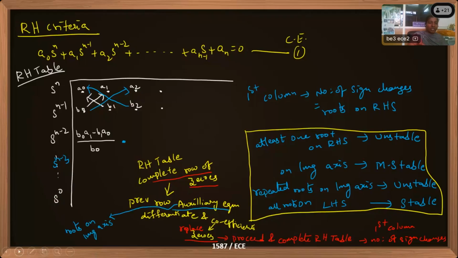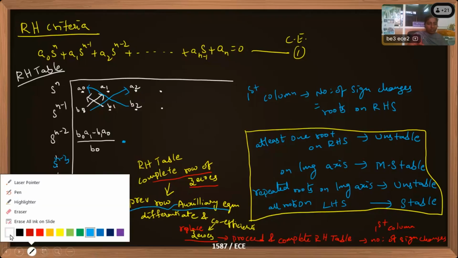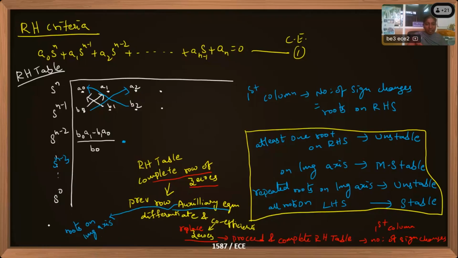Okay, so here these roots may be plus j omega and minus j omega, then we can say marginally stable. But if there are repeated roots, which means,